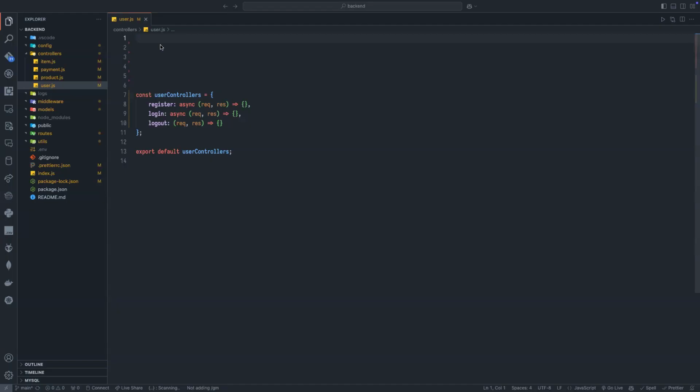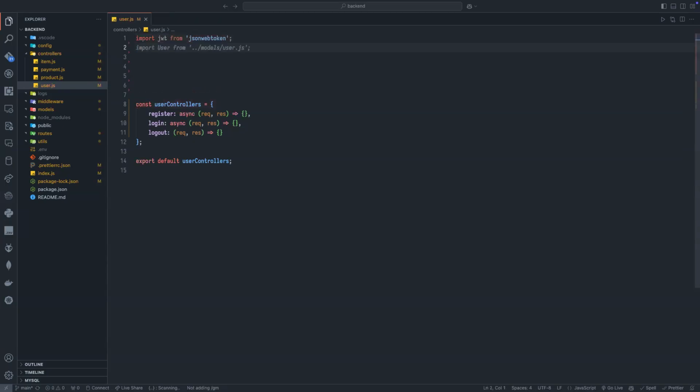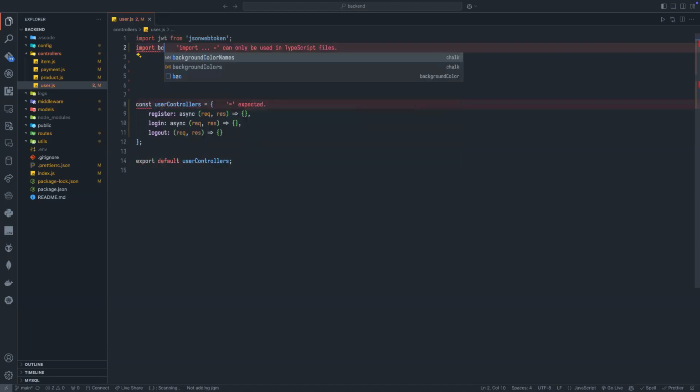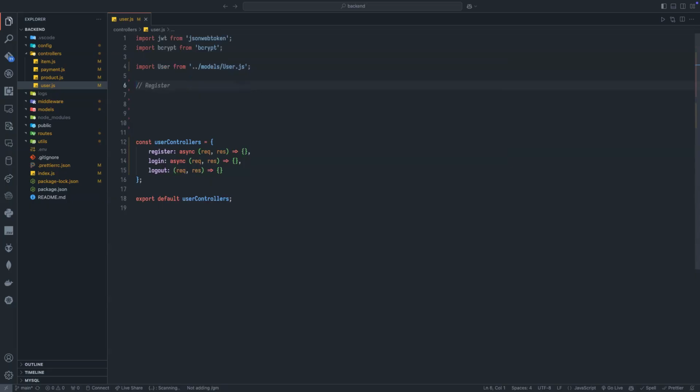Before the user module, I will need other stuff. Bcrypt. Yeah, JWT to create a token. So I need to import JWT, and I will need to import bcrypt. Yeah. Also, I will need to import a few things. What are those? So that's my module, but I need some util functions. So I need to import